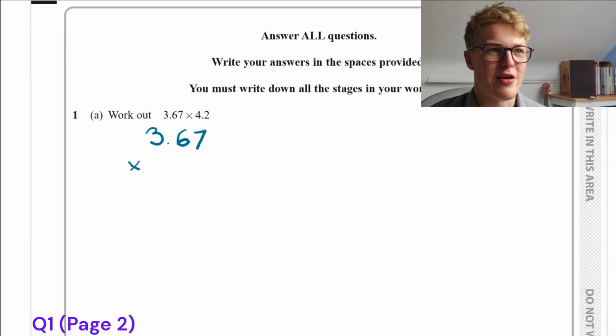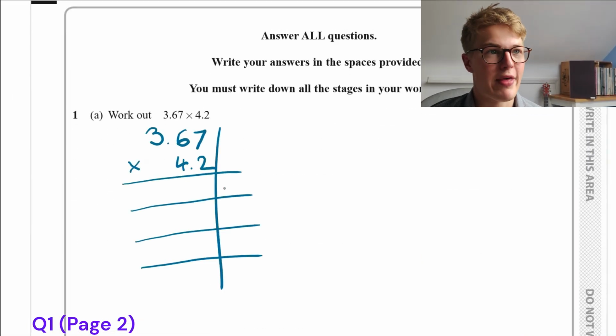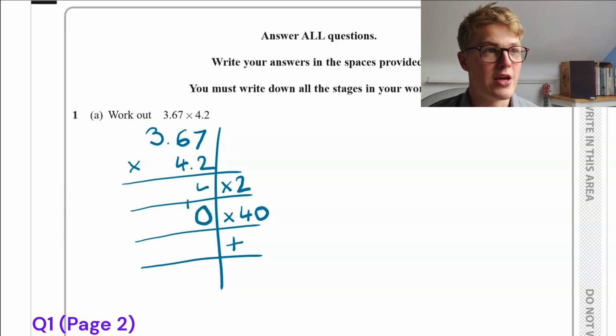Work out 3.67 times 4.2. So this is long multiplication here. In the first row we multiply by 2, so we do 2 times 7, which is 14, 2 times 6 is 12, plus 1 is 13, and then 2 times 3 is 6, plus 1 is 7, so you get 734 there. Then we're going to do 40 times 367, so we put a 0 on the right hand